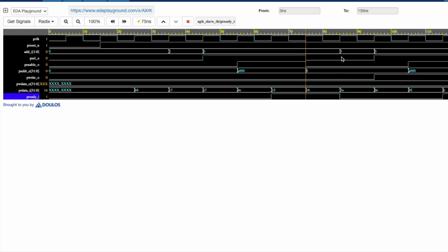Now what happens is here we got a value of 3, which means that we need to perform a write, and on the next cycle we assert our P cell signal. Then we also assert our P enable signal, and our P write becomes 1 here.